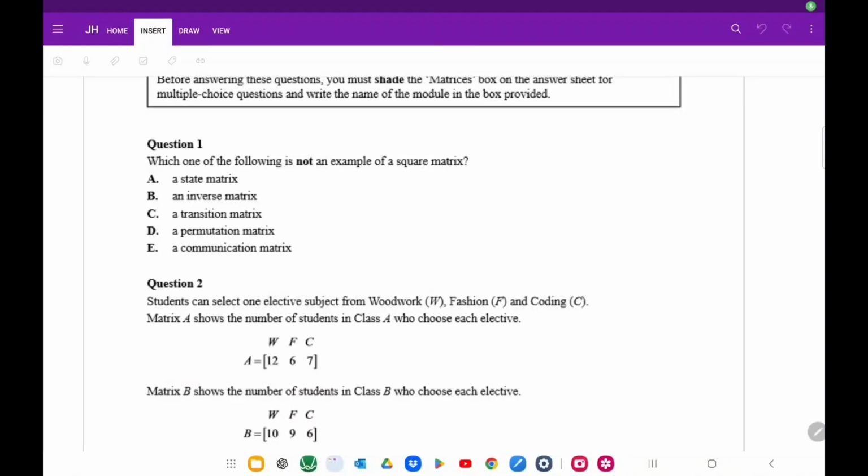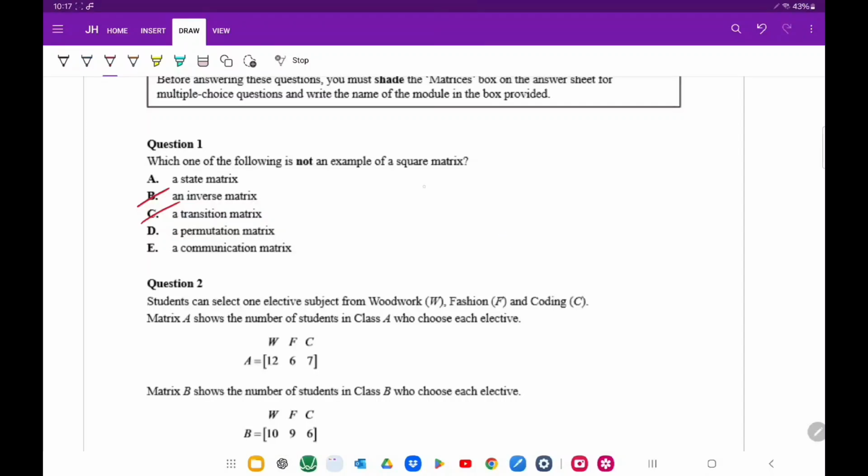Question 1 says, what's the following example of something that's not a square matrix? In this case, an inverse matrix has to be a square matrix. A transition matrix is generally, yes, a square matrix. Permutation matrix